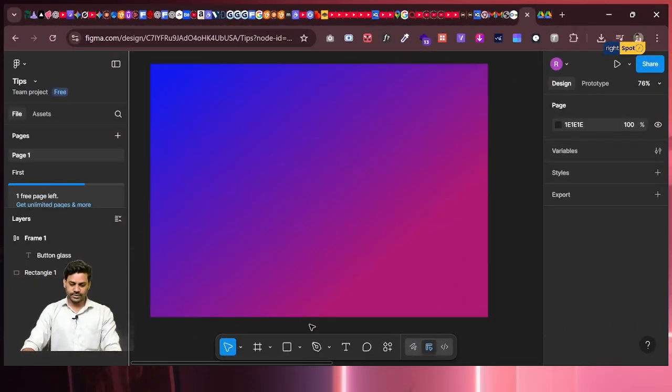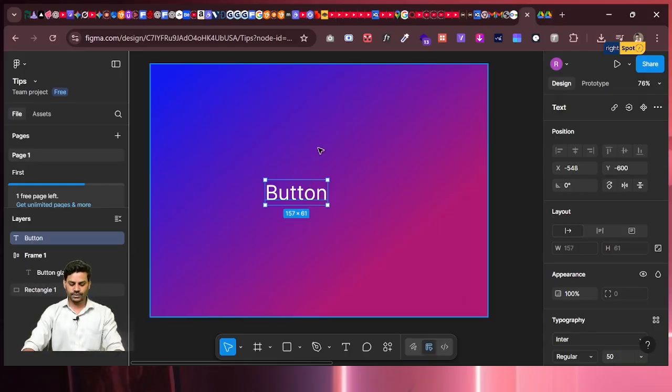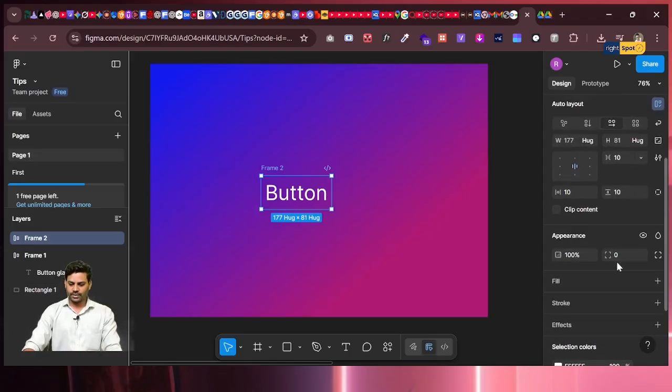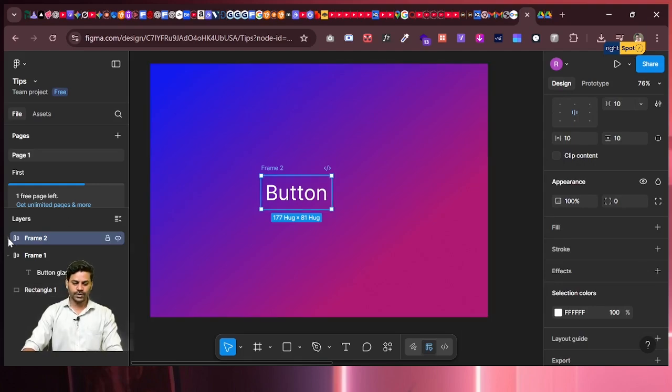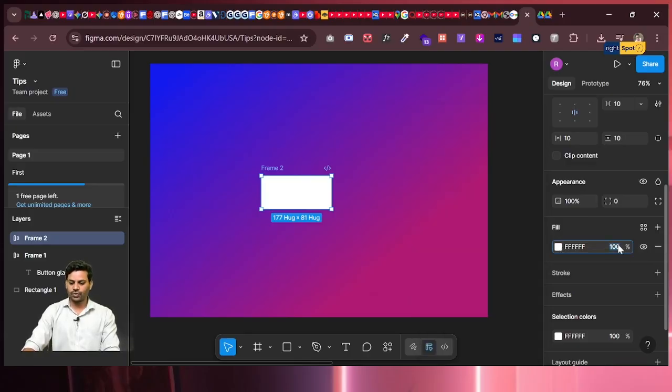Just click on text and enter a button name. I'll simply add "Button" only. I'm using auto layout. And on the right side, when you make auto layout, your text will come like this. You can see it in the layers panel, and on the property panel you can fill with colors like white color and